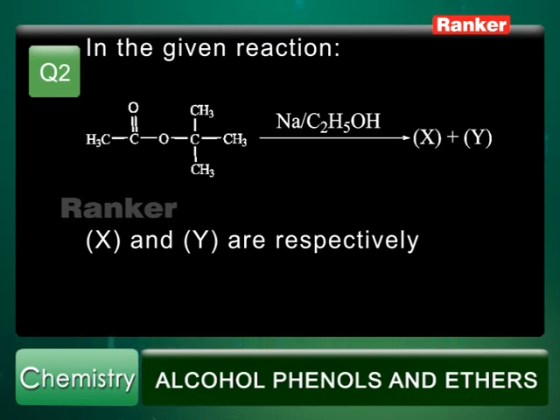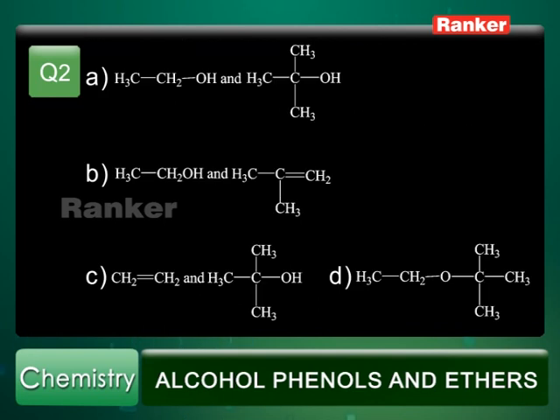X and Y are respectively. It is a reduction actually, and both are giving alcohols. Both are giving alcohols, 1 degree and 3 degree, and 1 degree and the other one becoming alkene, and the third option is alkene and the alcohol, and this is an alkene and the tertiary butyl alcohol. It is a reduction actually, an ester with the sodium alcohol. It is specifically called a